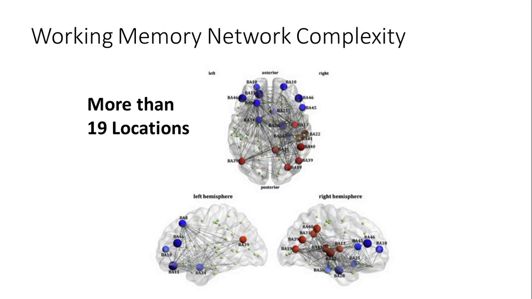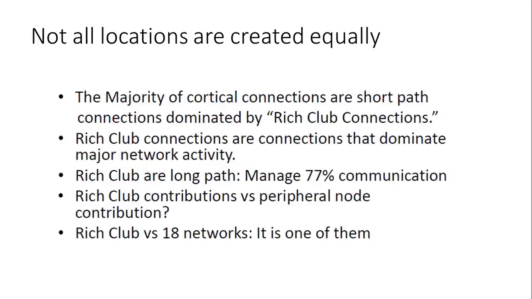And if you say, well, you're going to train the working memory network, well, which part? And which part overlaps the 10-20 system that you're training? And is that a hub or a node in the working memory network? And is that hub or node really going to do the job to sort out the problem you have when it could be in all these different locations? I think if you start thinking of all those questions, you start to see the problems with training coherence with specificity to correct a problem in a particular network. I don't think we're quite there technologically yet. And that could be debated quite a bit at any given conference.